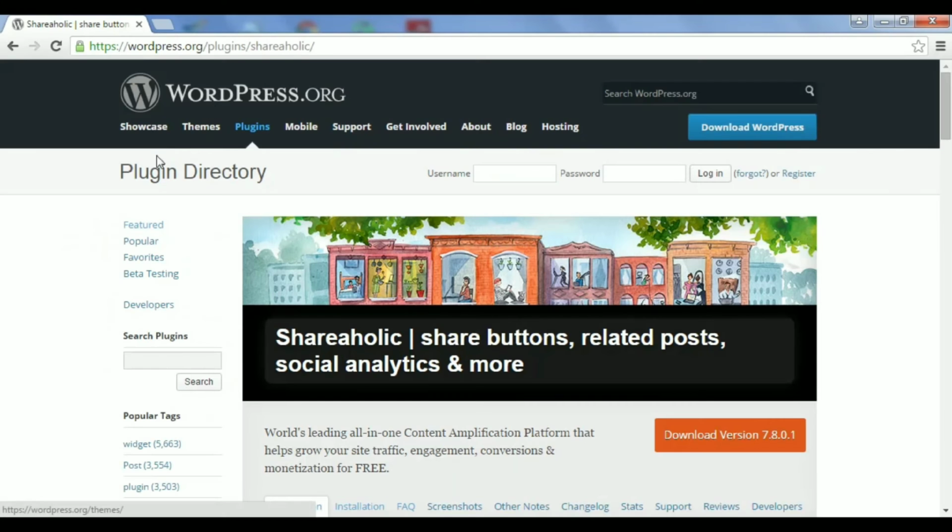share it. If you have a WordPress blog, then one way to get more likes on Facebook is to install the Shareaholic plugin, which you can do from within the WordPress dashboard, or you can come here to wordpress.org/plugins/Shareaholic. And what this does is it puts the social media sharing buttons for Facebook as well as for Twitter and some other social media sites onto your site automatically, and people can then just simply click on the button